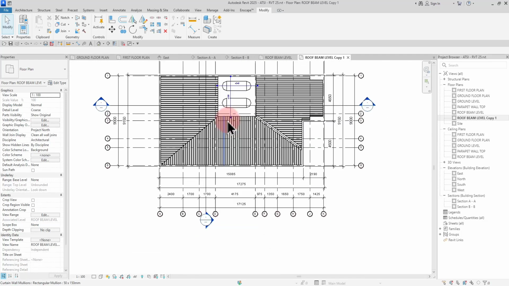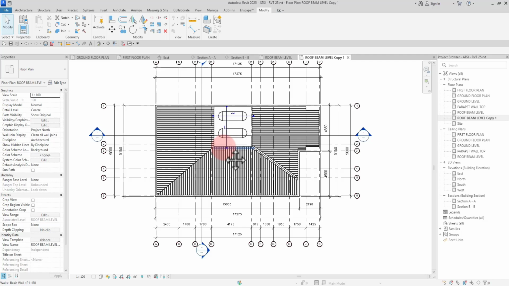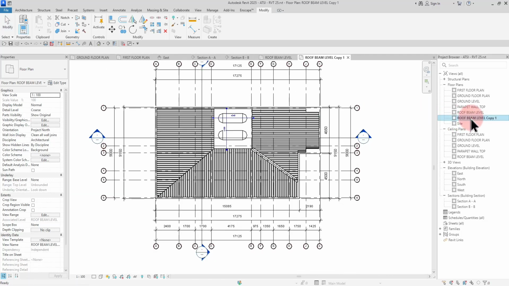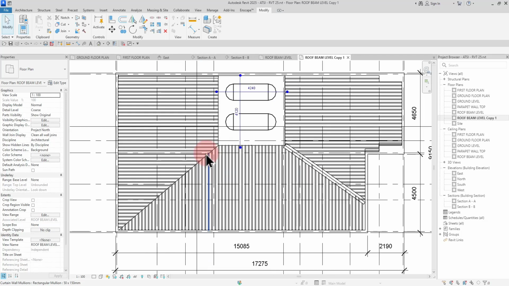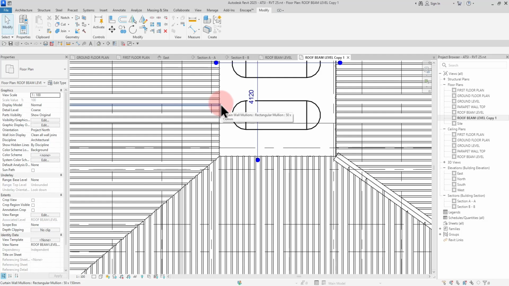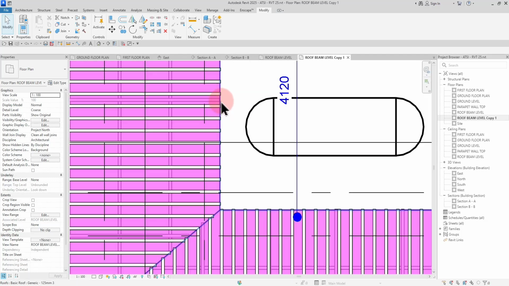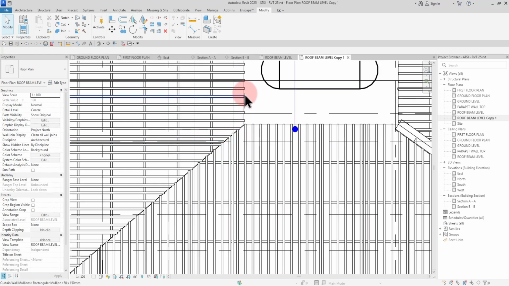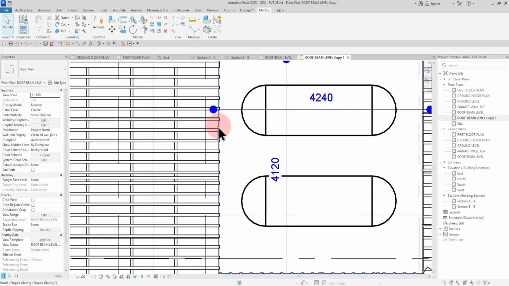Since in one of our roof plans we are supposed to show the aluminium sheet, and in the other roof plan we are supposed to show the roof purlins and rafters. I kind of modeled out those purlins and rafters, so I'm going to use the roof beam copy that I created to show all my roof rafters and purlins. So I'm going to hide this on my view, and I'm going to bring out my purlins and rafters,